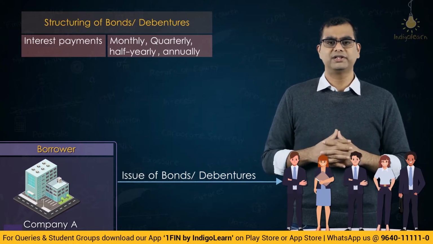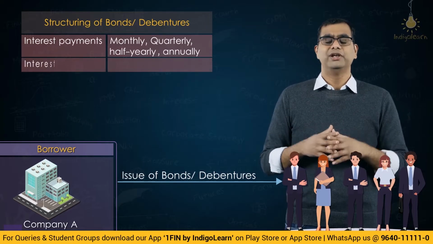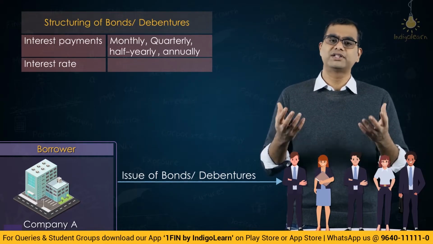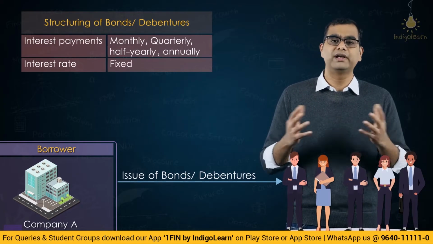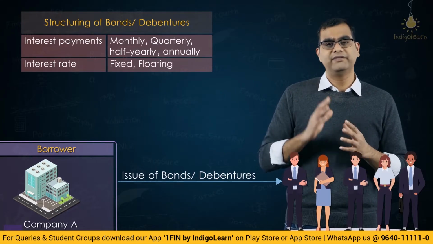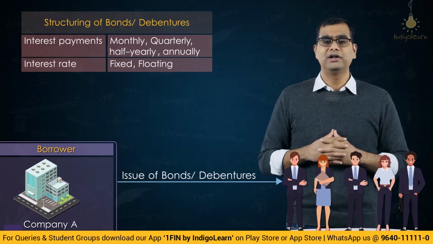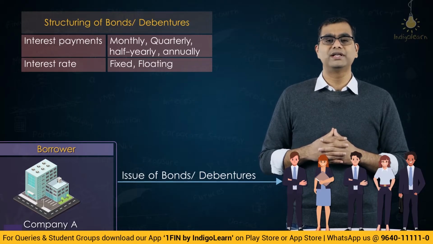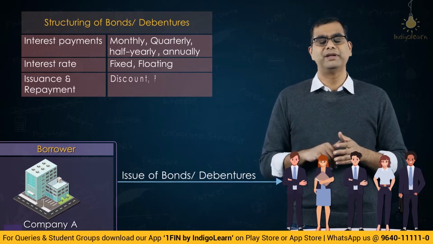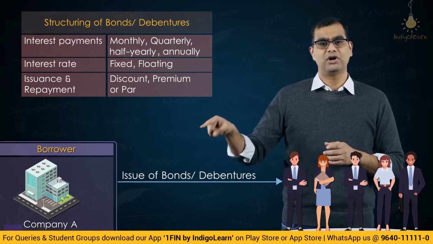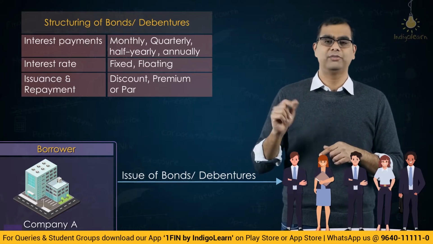So there are variations in interest rate. Is the interest rate fixed? In most of the cases that we would have heard of, the interest rate will usually be fixed, but there are also floating rate bonds. So the interest rate can vary. Then capital repayment: you would all have heard of debenture issuance and debenture redemption at discount, at premium, all of that. So debentures or bonds can be issued or redeemed at premium or discount, correct?